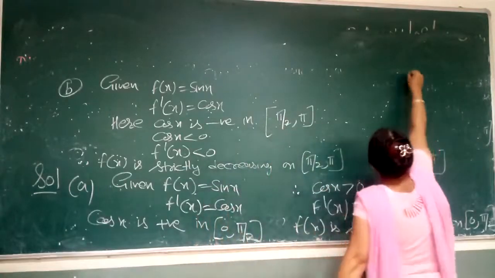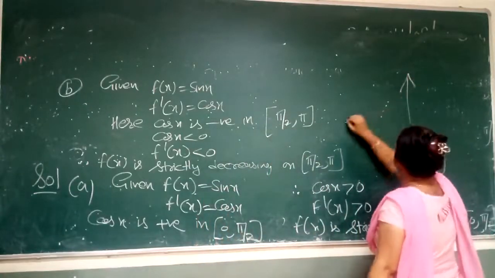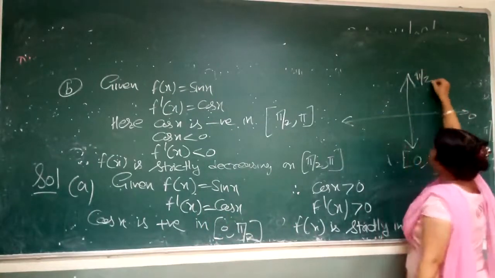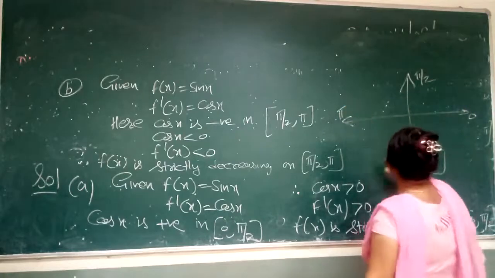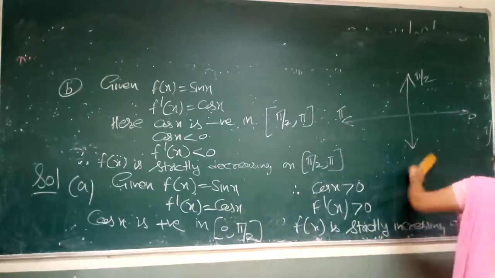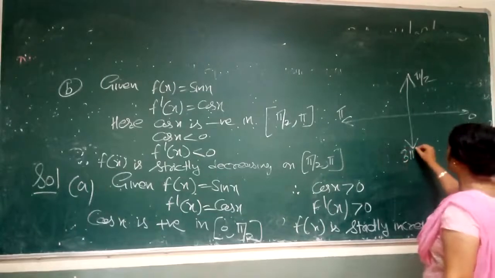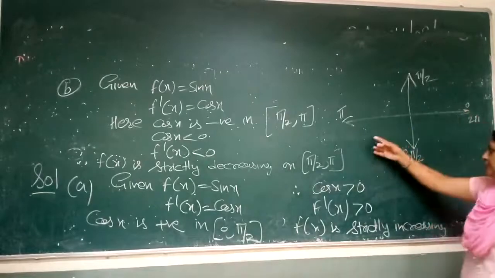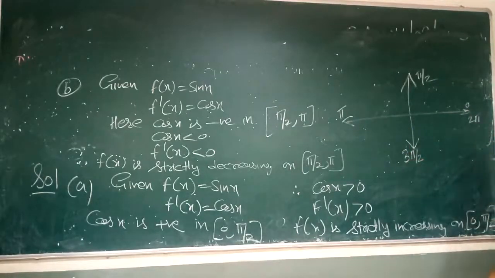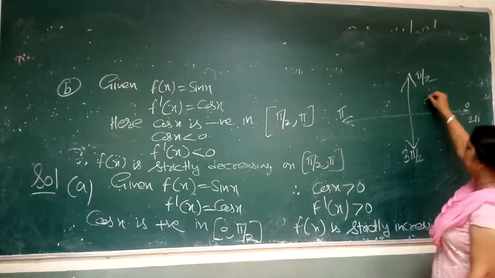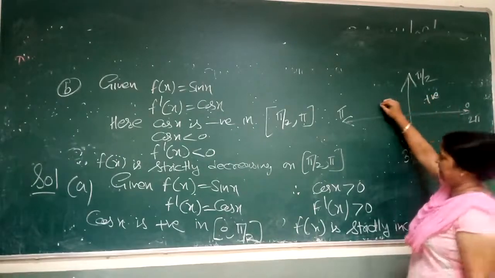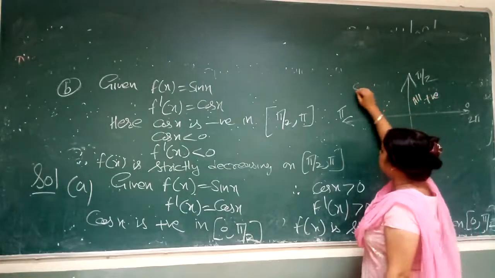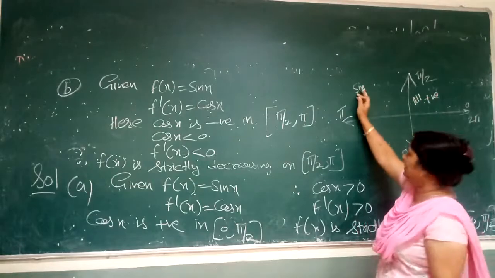As you know that in quadrants, this is the first quadrant 0 to pi by 2. This is the second quadrant pi by 2 to pi. And this is the third, then 3 pi by 2. Means 0 to pi by 2, pi by 2 to pi, and pi to 3 pi by 2, and last is 0 to 2 pi. So in the first, all positive. Here all trigonometric terms are positive. I told you this in class 11.